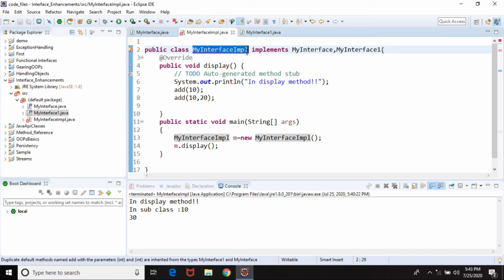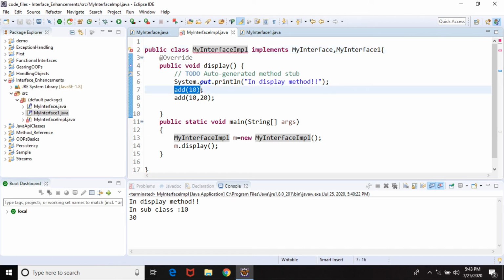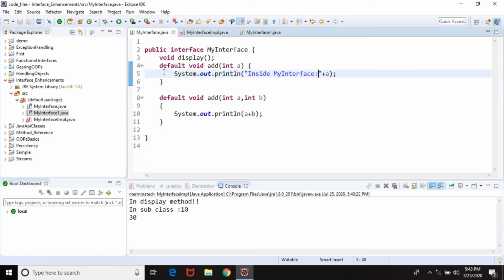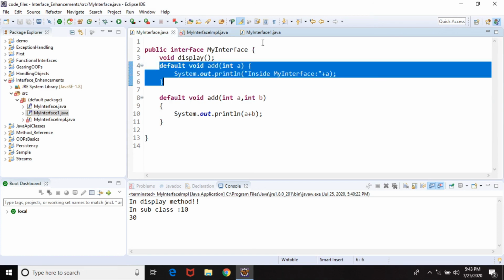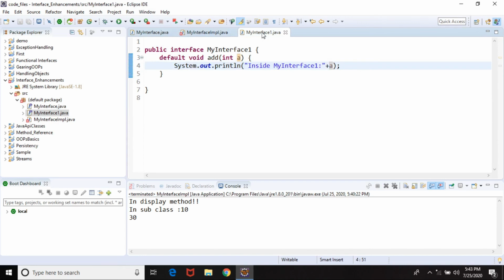This is the point that we are discussing: whenever you have a single class which is implementing two interfaces, and both those interfaces contain the same method as a default method implemented inside, then you cannot simply say that my subclass is implementing two interfaces, because the problem is when I say add 10, which is nothing but the add method which takes an integer, there will be some ambiguity as to which interface it will refer to, whether it will refer to the method from my interface, or from my interface 1.